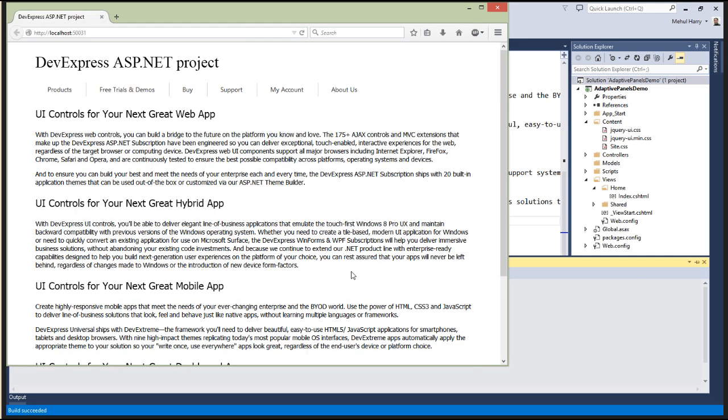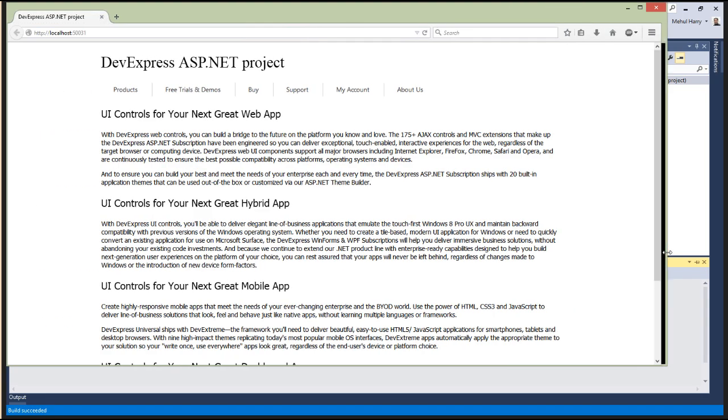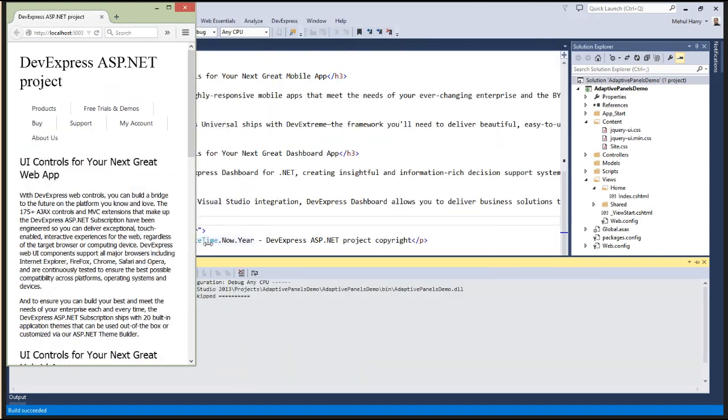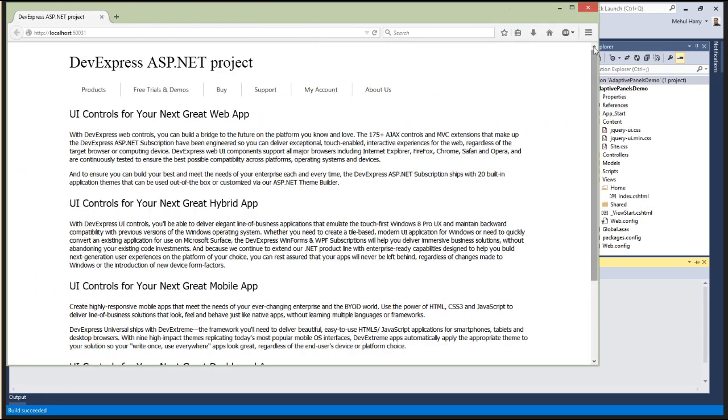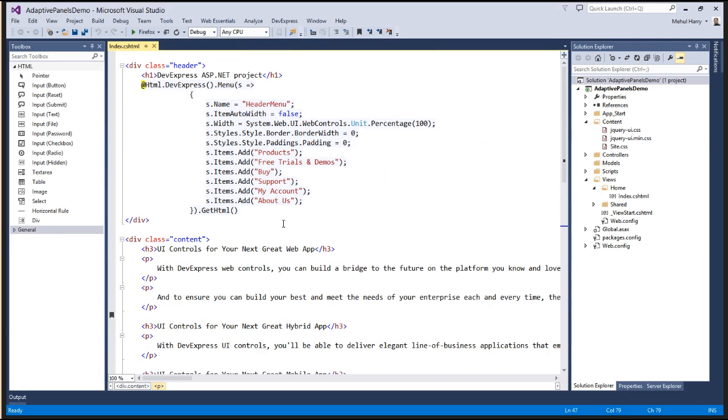But here you can see I've got a similar website to the web forms demo. So here, I'm going to show you that if I expand and collapse, I've got the same problem. So how do I add a panel to an MVC site? And here you can see I've got some div, I've got the menu in the same way. So I'm going to go through this rather quickly, but the key thing to remember is, for MVC,